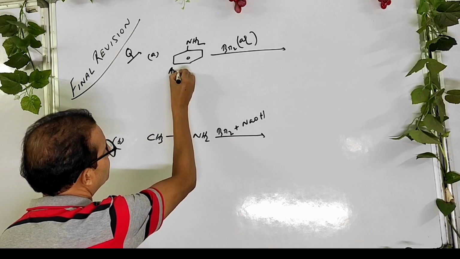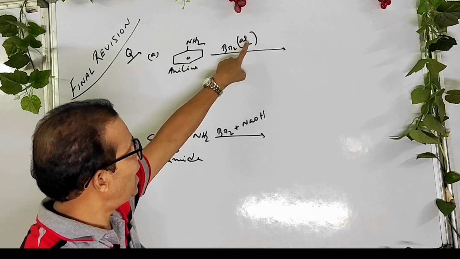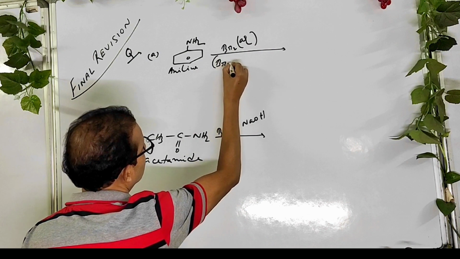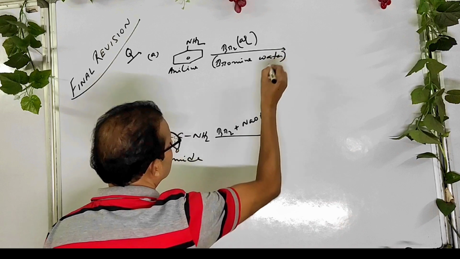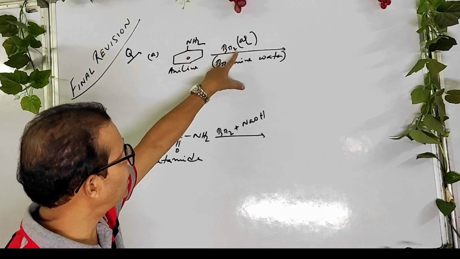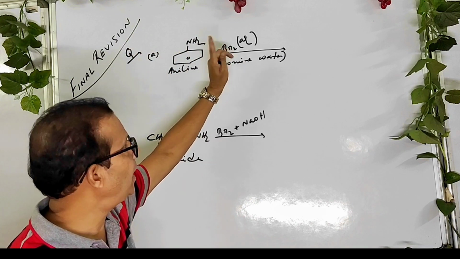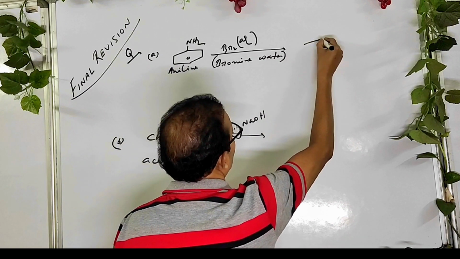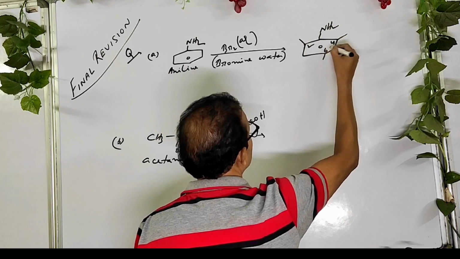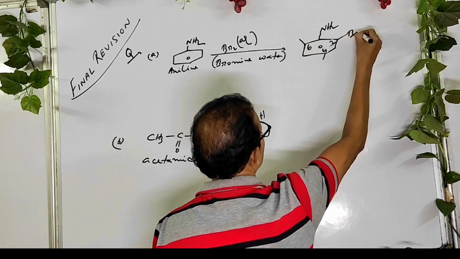This is aniline. This is acetamide. Aniline reacts with an aqueous solution of bromine. It's also called bromine water. It's a reddish colored substance. When aniline is treated with bromine water solution, the reddish color of bromine water disappears and you get a white precipitate of 2,4,6-tribromoaniline,